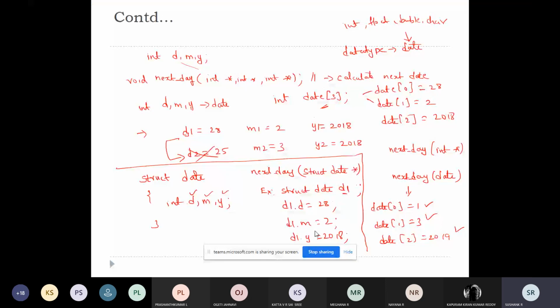So after this, if I call the next day function, what I should pass is the structure name. The structure name is d1. It's a pass by reference. So if I call this,